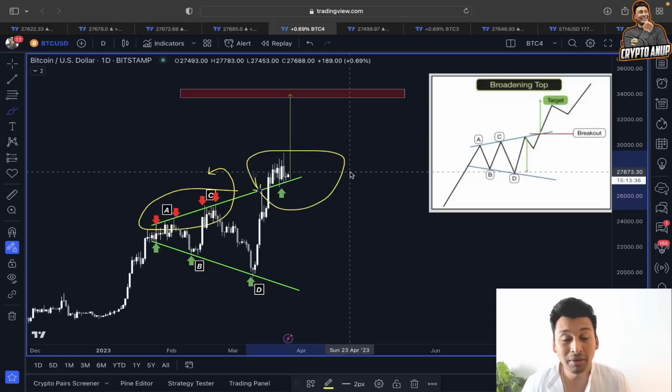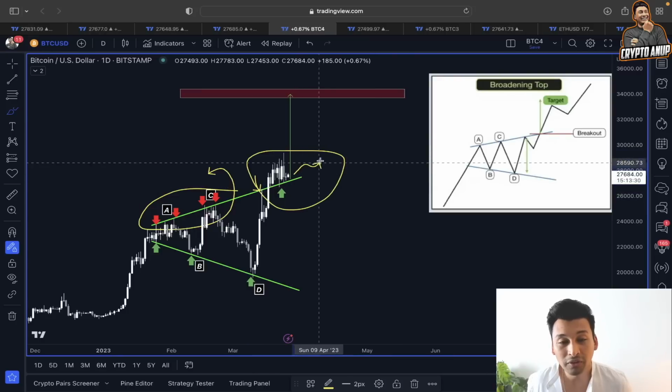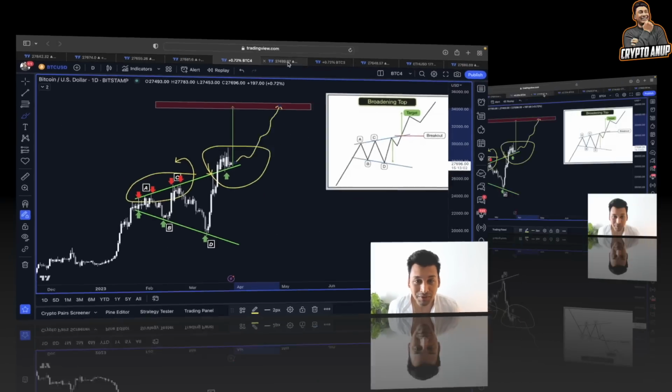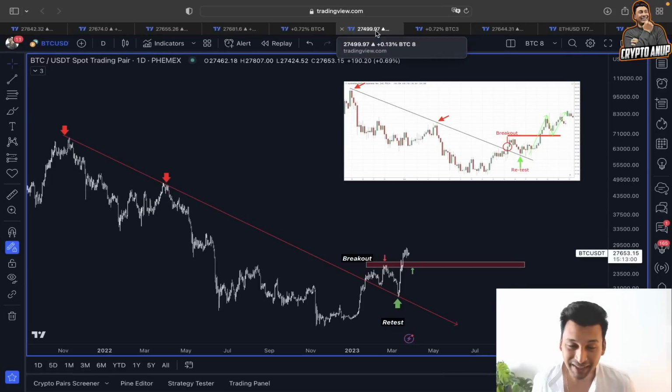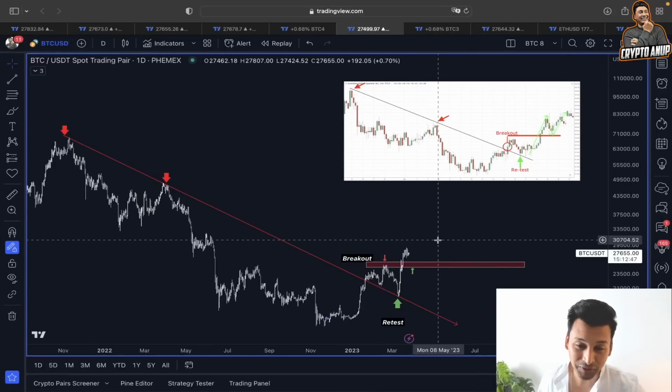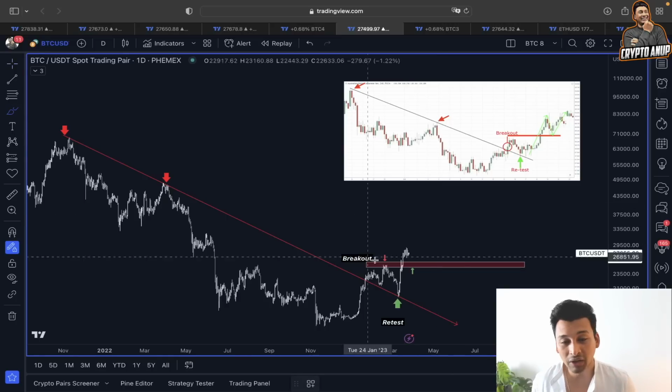As long as we remain above that area, any sort of shakeout should not bother us, and we are still expecting this trend to slowly head towards this price objective from this broadening top, and even the price objective from this falling trend line. Yes, since the price has already broken out of this falling trend line, we are continuing this uptrend, but we have also said any sort of shakeout could come in our way,